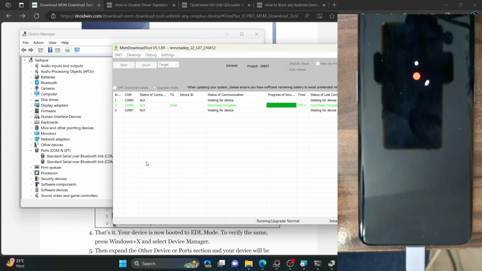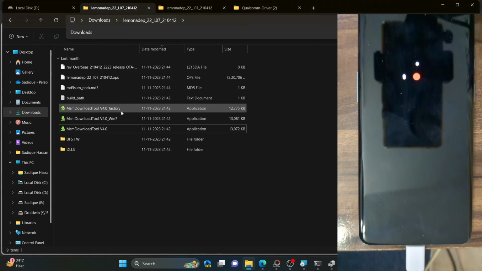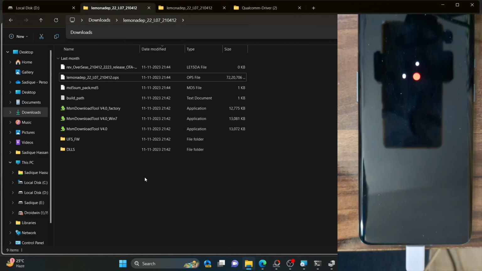Likewise, your phone will boot to the Android 11 OS because this is the latest OS that we have. With regards to the MSM download tool, this tool flashes the OPS firmware which comes inbuilt with the MSM tool as well. As you could see, this is the OPS firmware, and we have Android 11 OxygenOS 11 as the latest firmware with the MSM tool.